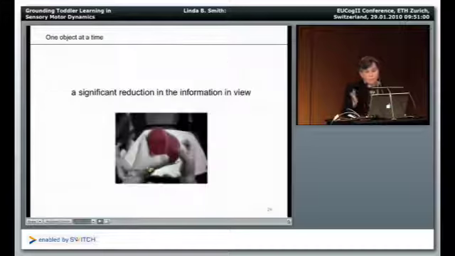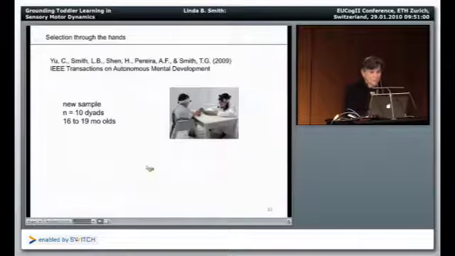Everything I'm going to tell you next is actually obvious right here in this picture. There's one object in view because these children pick up objects and bring them close to the face. And when they bring them close to the face, they're blocking everything but the object they're attending to. That's basically the main result. But we actually went forward and